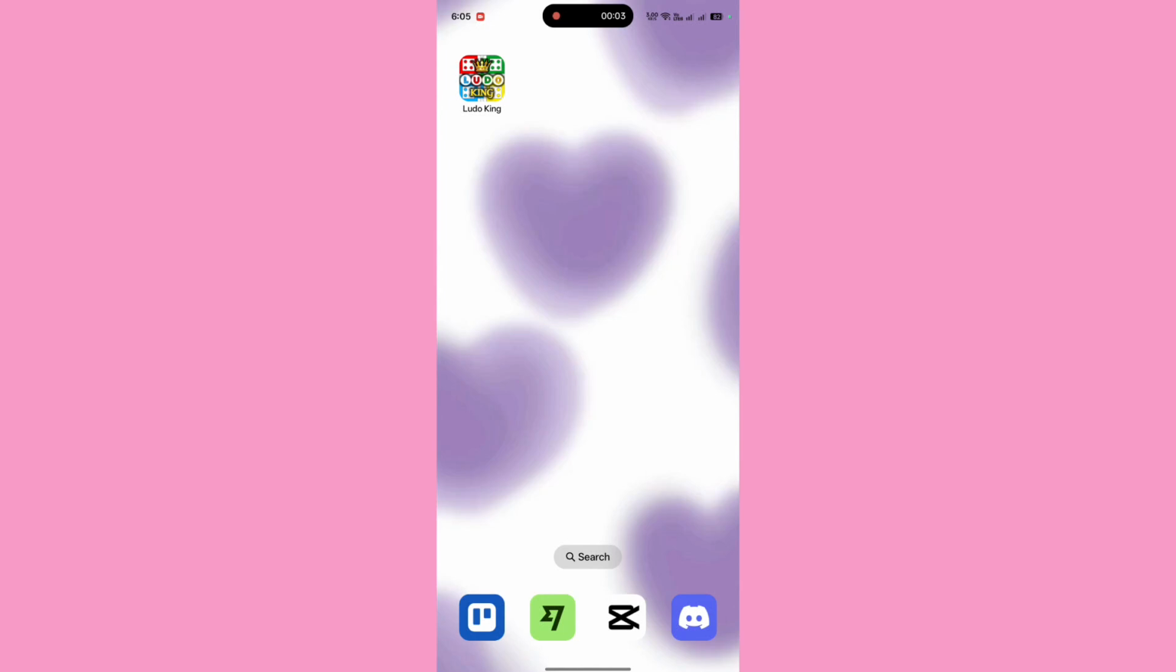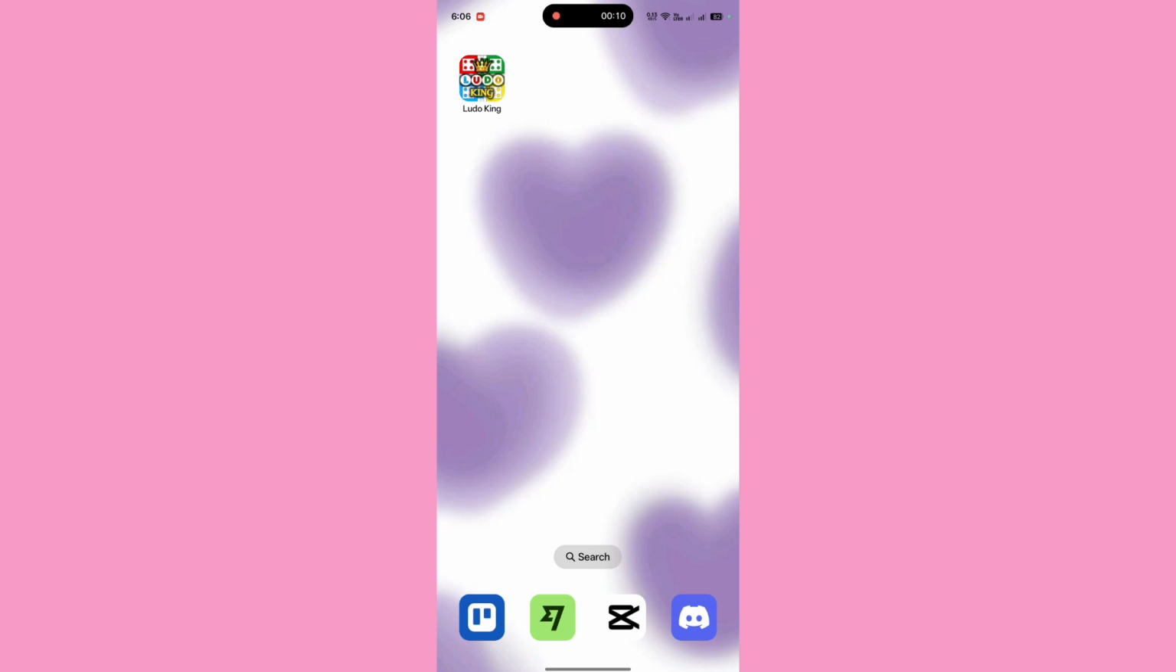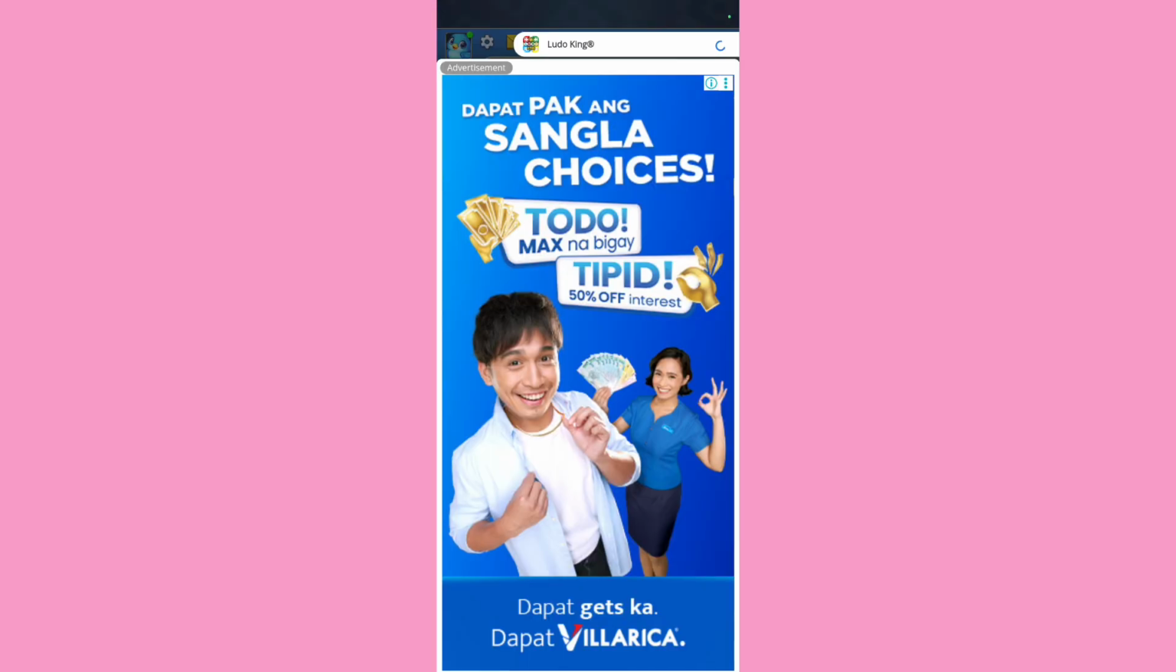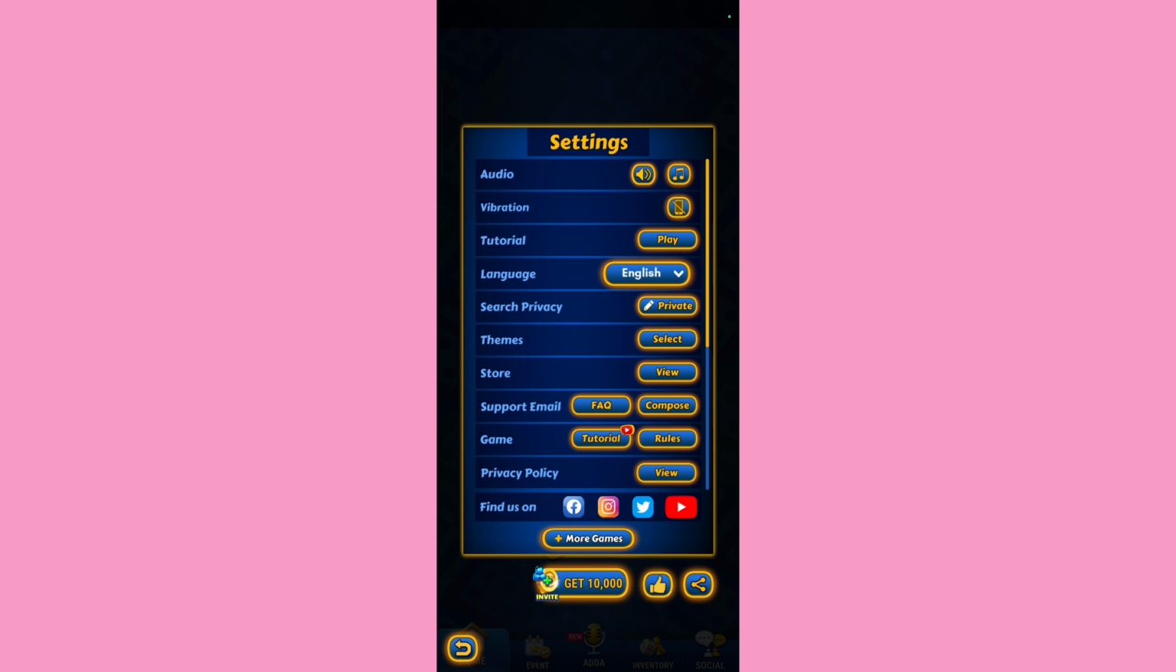In today's video, I will show you how to change the language in Ludo King. To start, open the Ludo King app on your device and make sure you are logged into your account. Once you are on the home screen, tap the gear icon in the top left corner to open your settings